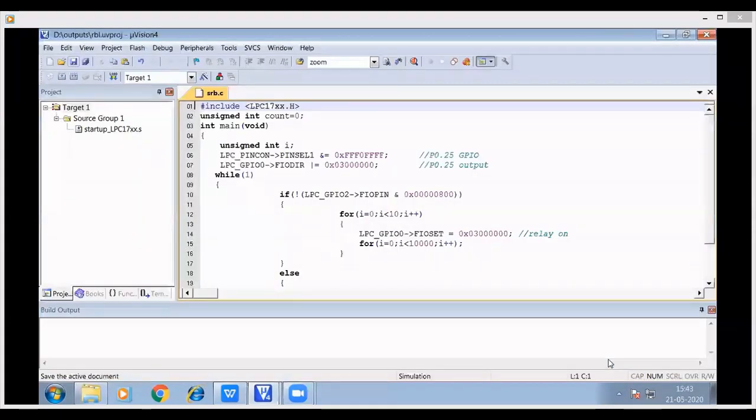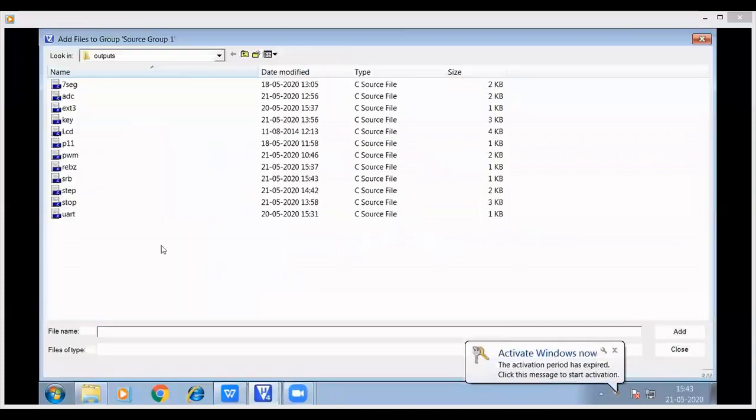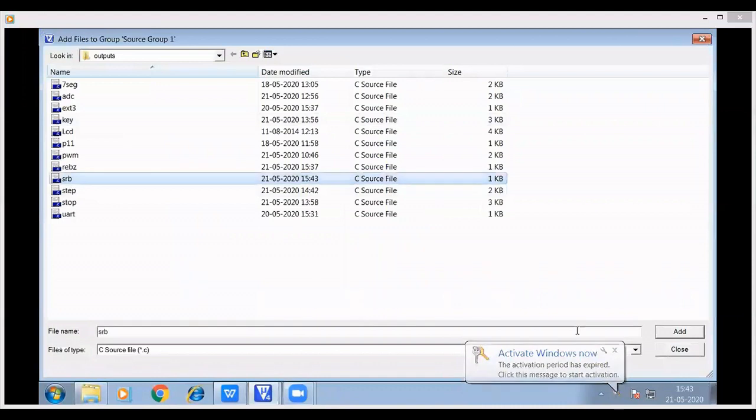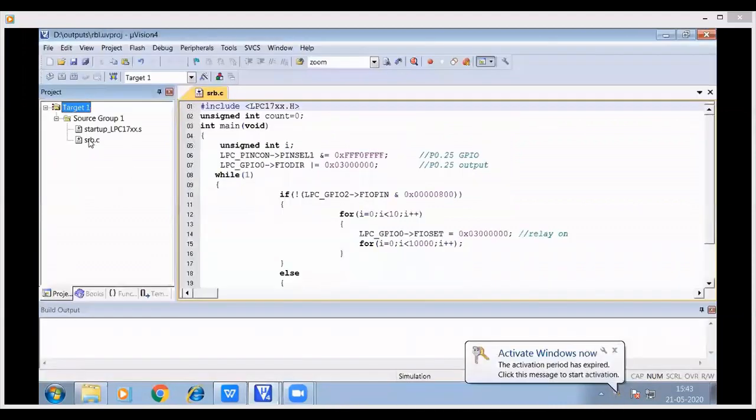Click on save. So once this file is saved, now go to source group and add the file to the source group. Right click and add the source file to the source group. So now you can see 2 files are added.